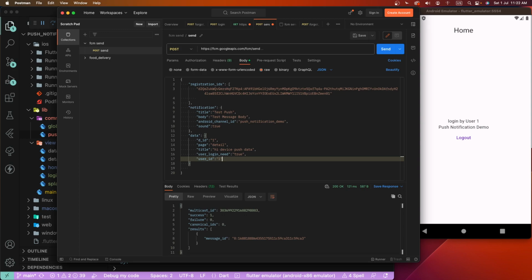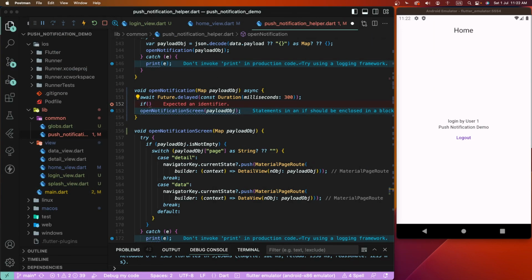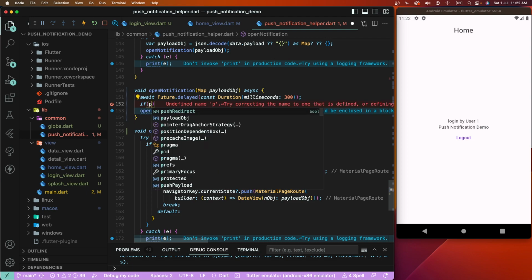This is the send user ID match with the login ID. Need to check the user ID. This is for the payload we need to set and configure here. Now we need to first of all check whether the user login is needed or not to identify. First of all need to write down here